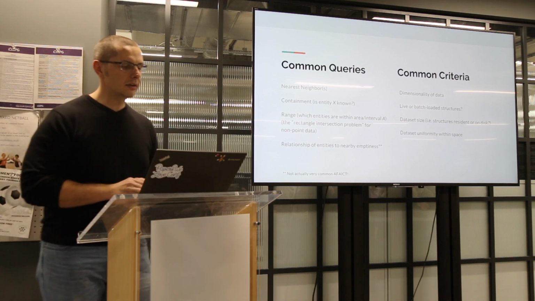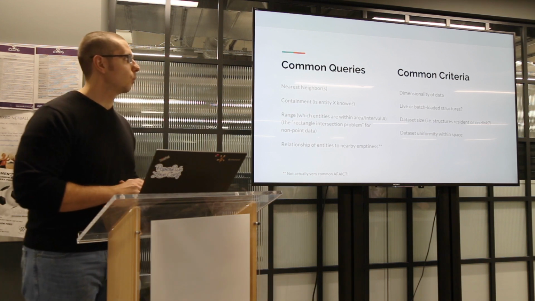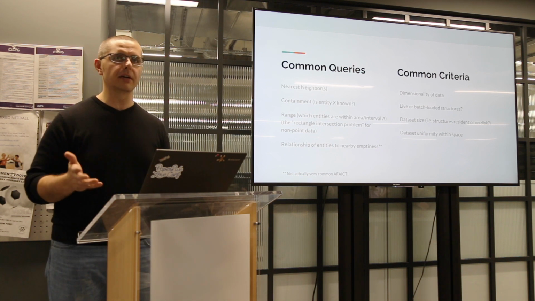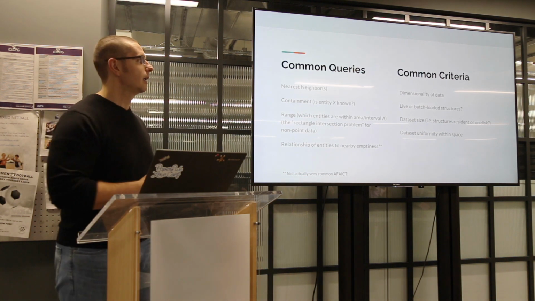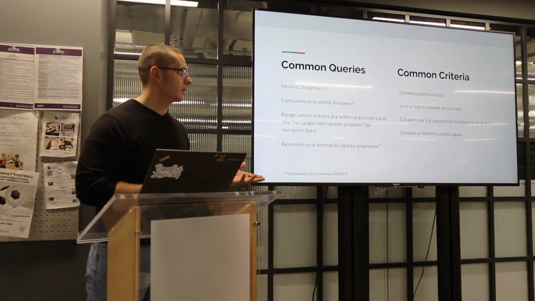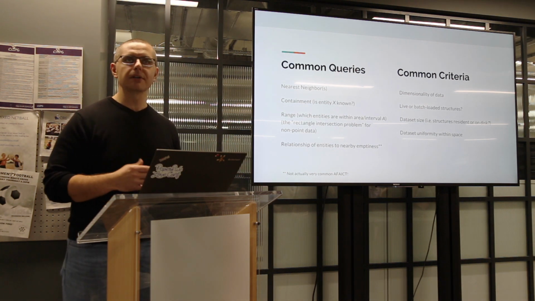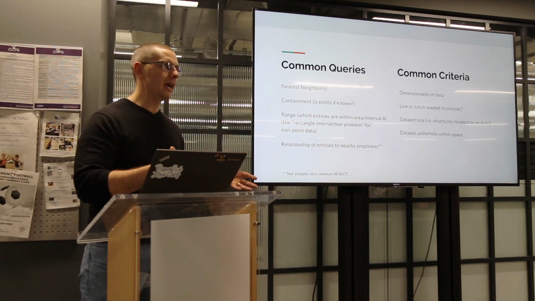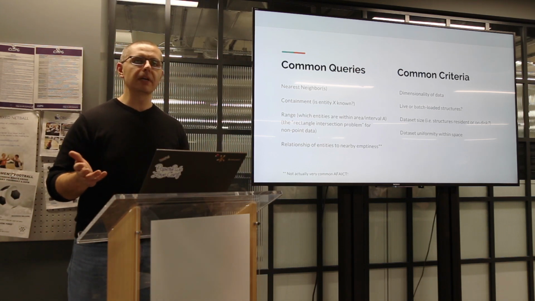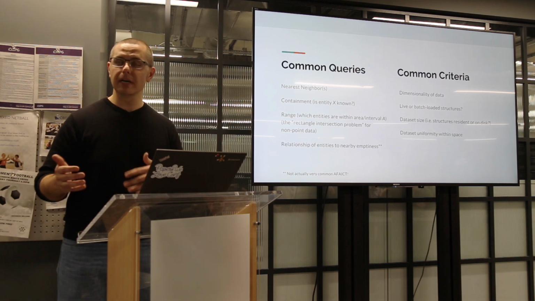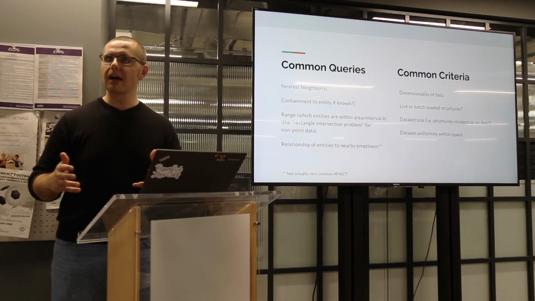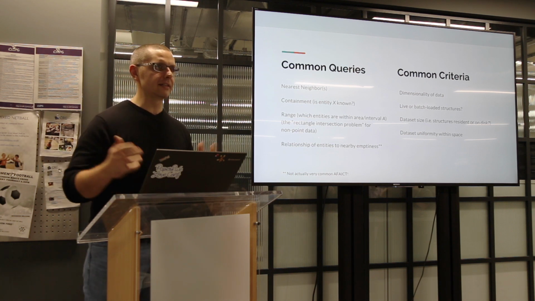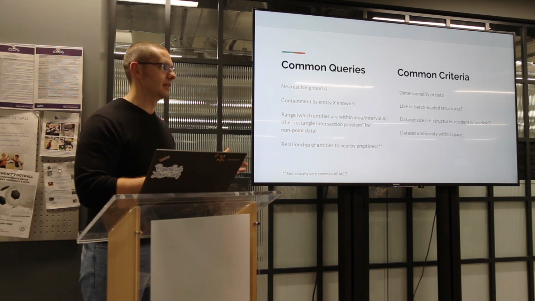So just to talk a little bit about what we're working with in terms of spatial data structures and what criteria go into selecting one. When you say spatial data structures, you think spatial data, you might think geographic data, things on a page, or other data that can be construed as spatial. So anything that you can derive a distance metric, for example, between two entities, where that distance metric obeys what's called the